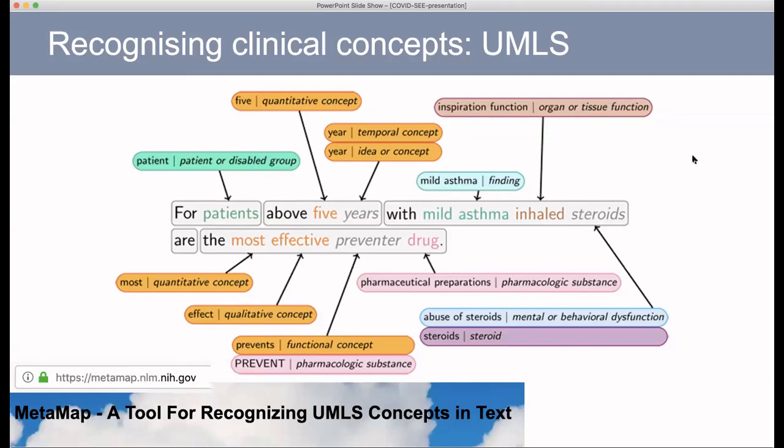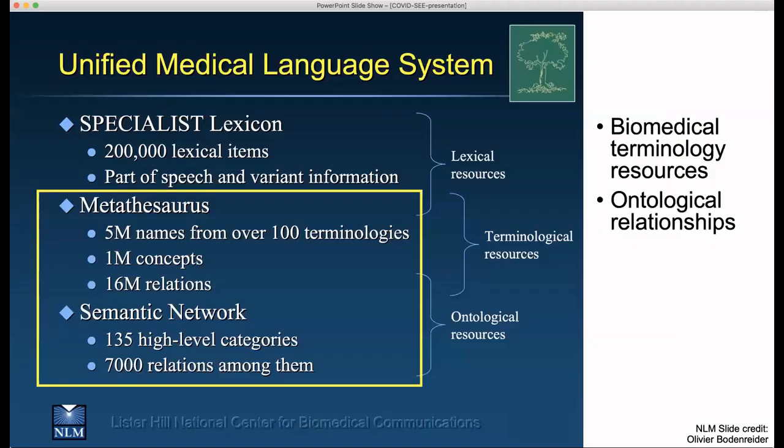And so MetaMap provides us with a way of jumping straight into the terminology resources that are important for structuring the information in the literature, so that we're not just treating it as what you might know as a bag of words model, where we just look at individual words in isolation without really understanding the phrases or the relationships between them. The UMLS itself is massive,